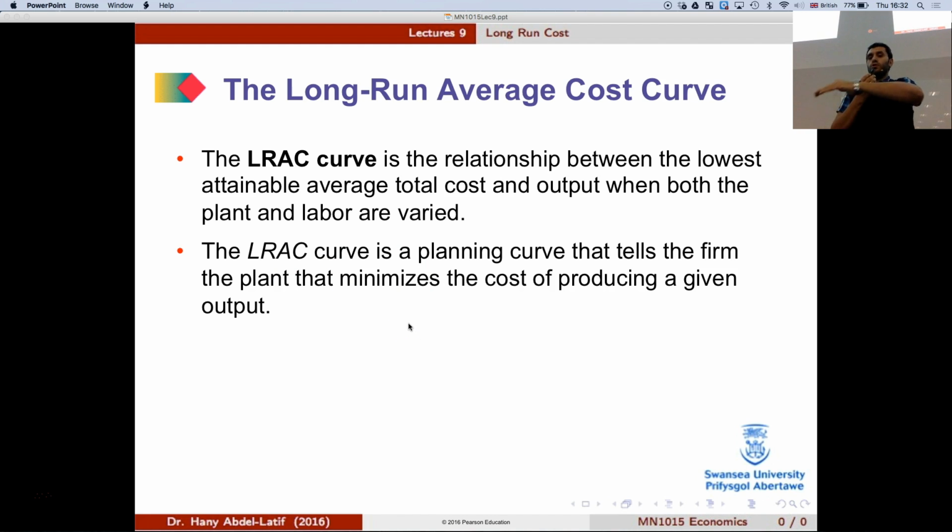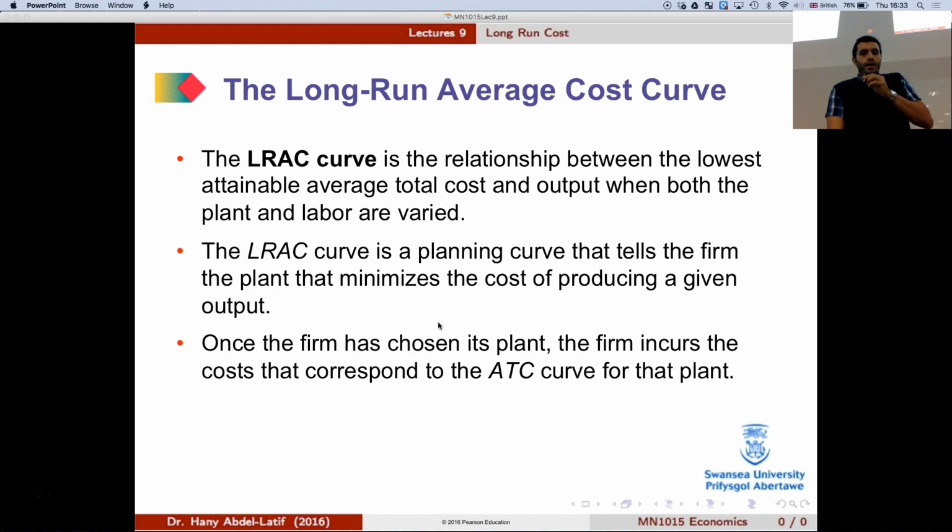So the same way when we looked at 13 sweaters a day, by looking at this long run average cost, we could tell which plant size, or how, to produce this at the least cost. Okay, so let's